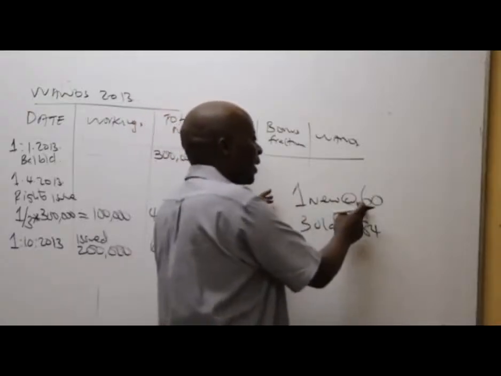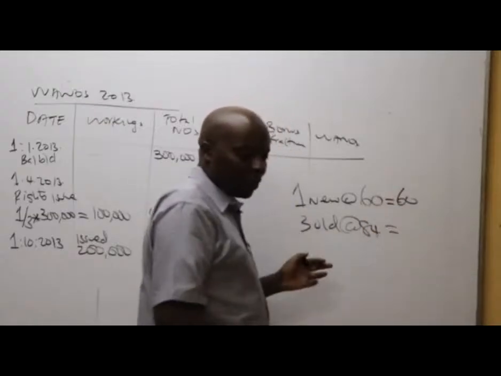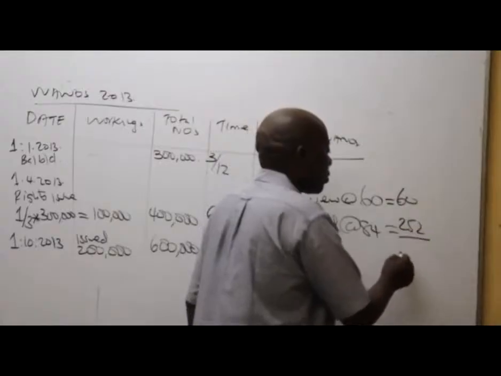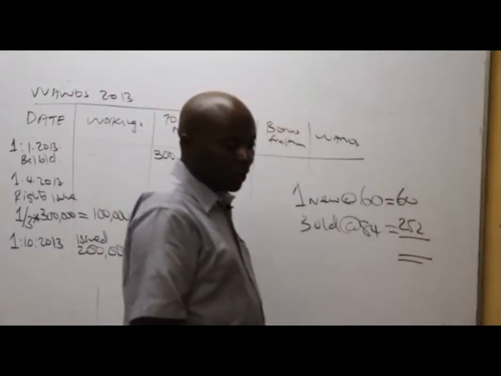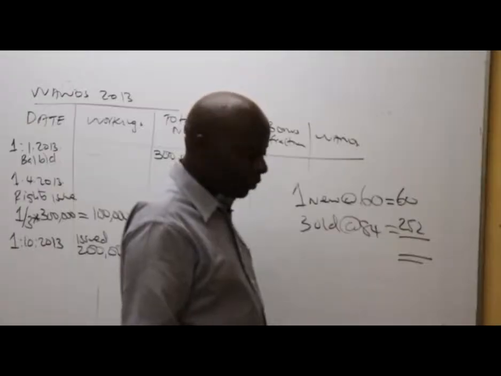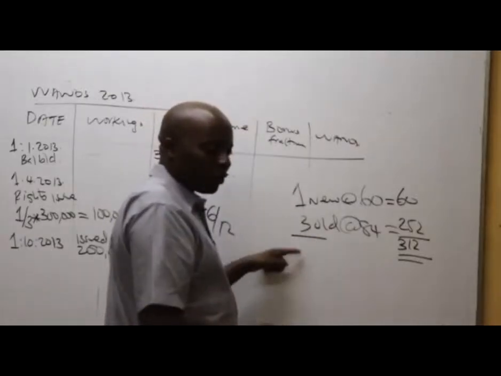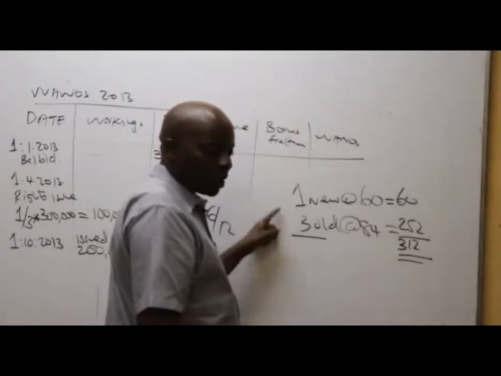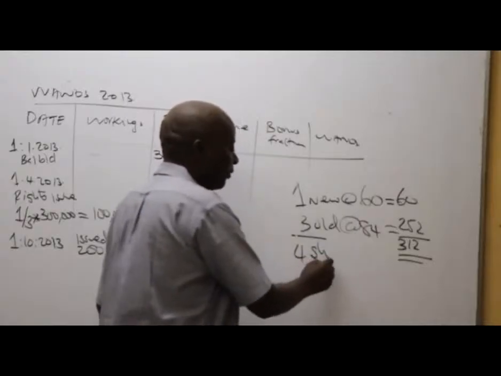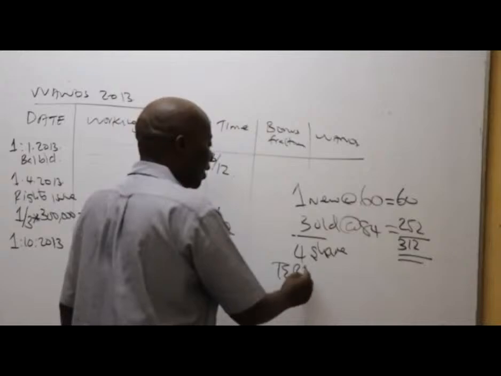So then 1 times 60 gives us how much here, somebody? 60. 3 times 84 gives me how much? 252. So ukiongeza zote zinakuja ngapi total value? Total value inakuja 314, ama 312. Kwa hivyo inamaanisha this 312 is for how many shares? Ukiongeza inakuja 4 shares. So how about 1? The price for 1 now here will be the theoretical exercise price, which will be